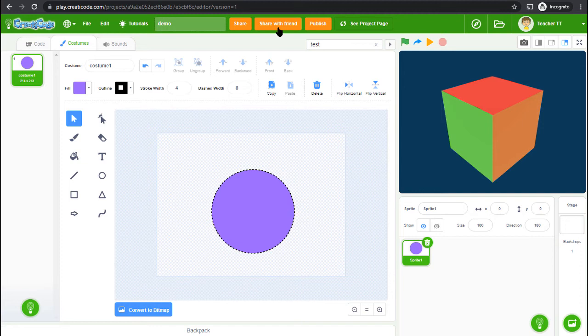So this way, you can limit the project to the friends if you don't want to share it to everyone on the platform. There's also a new Publish button, which allows you to share the project for others to play with, but they cannot look inside the project to look for the source code, and they cannot remix it. So this is very similar to closed source software